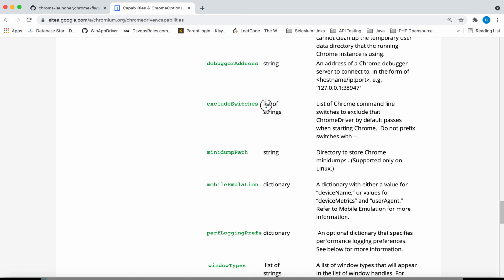It is a list of Chrome command line switches to exclude that ChromeDriver by default passes when starting Chrome. Do not prefix switches with hyphen hyphen. So that's why we'll use this particular excludeSwitches.